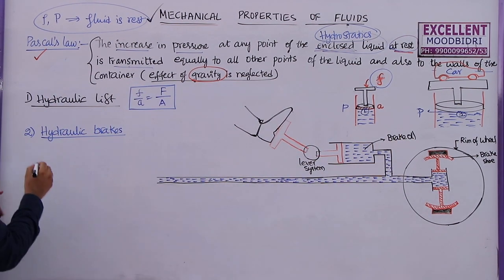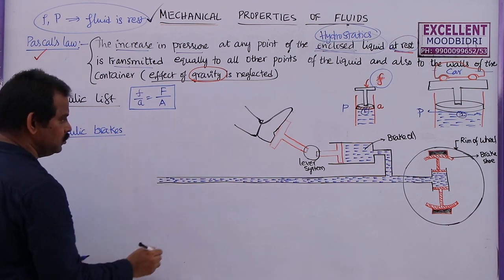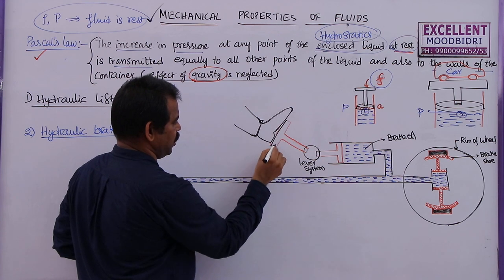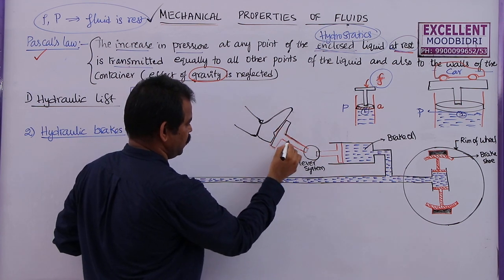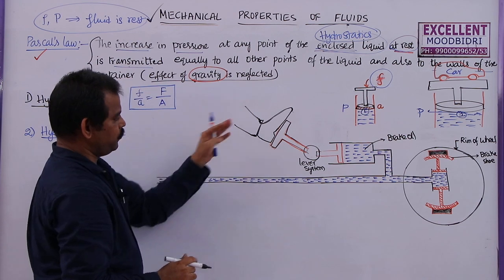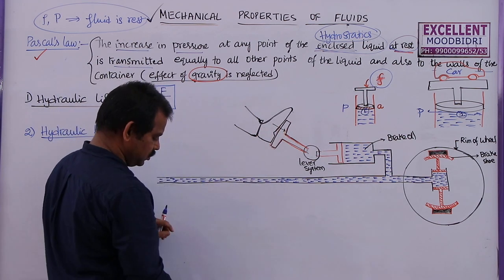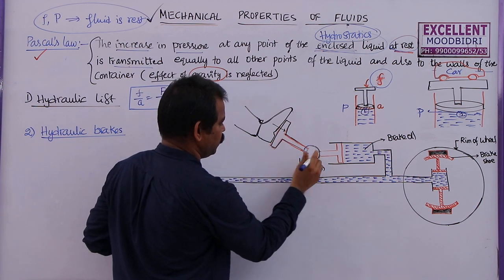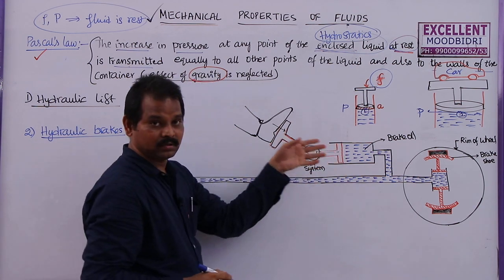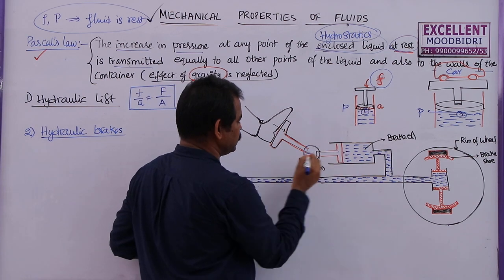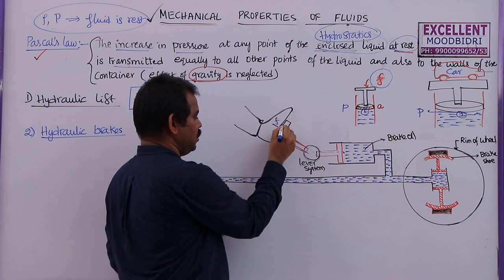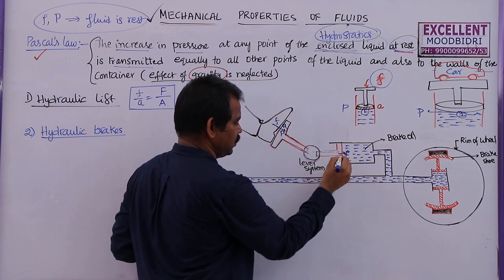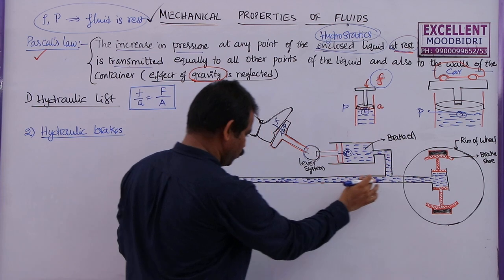Here in hydraulic brakes, this is our foot and this is the brake pedal that we use in cars, in all automobiles. If we press, that means if you apply some force on this, what happens? It has a lever system and this force will be transmitted to here. The pressure created at this point, because here I am applying some force on a small area, so pressure will be created here. This increase in pressure can be seen here. So this pressure will distribute throughout this fluid.